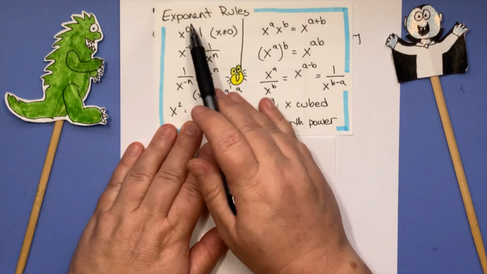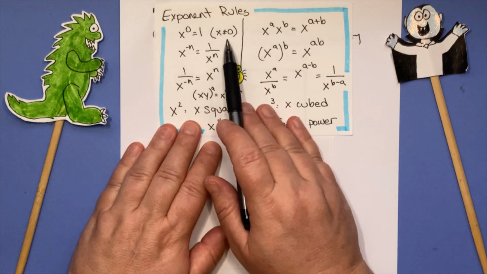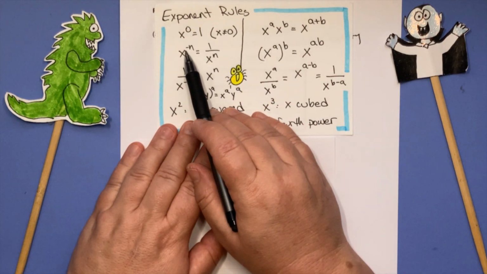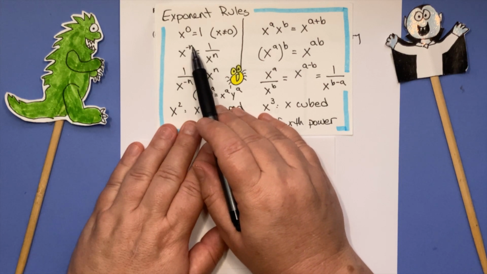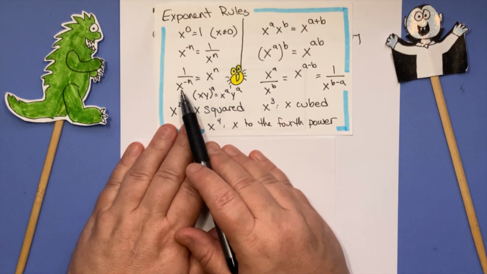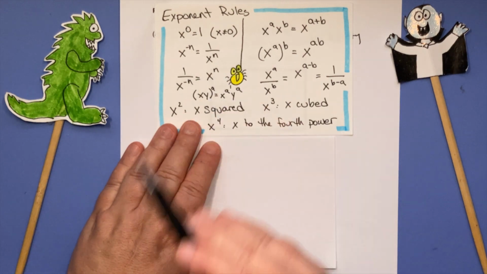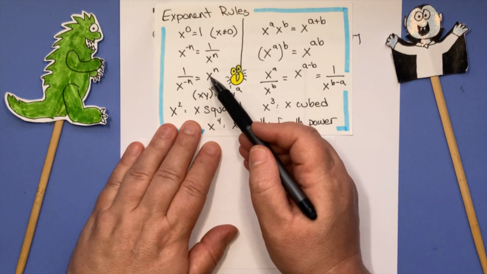What are our rules? Raising a base to the power 0 is 1, unless the base is 0, in which case, game over. If you've got a negative exponent, or the opposite of an exponent, that means you want to put it in the denominator. If it's already in the denominator and it's negative, or you've got the opposite of something, you can move it up into the numerator. Moving it from the top to the bottom or the bottom to the top changes the